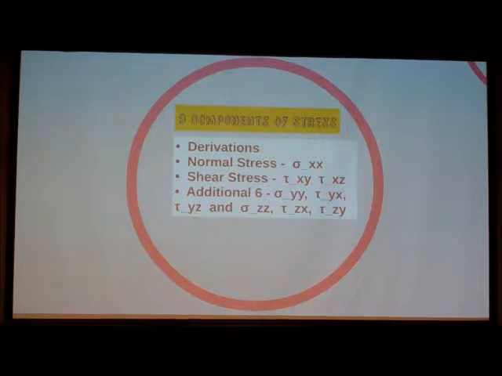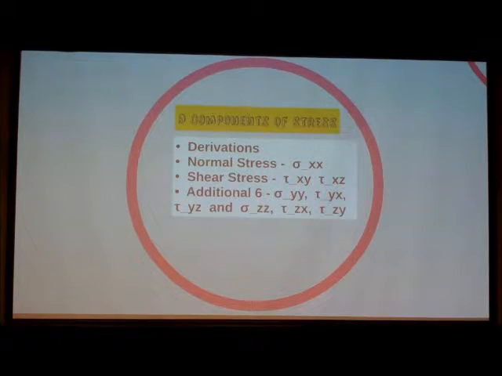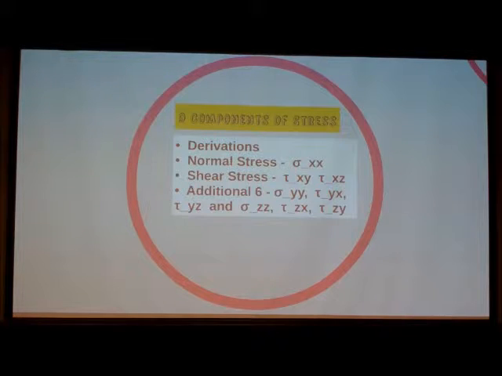have to derive them. So basically what we're going to do is break it down a little bit by looking at it with respect to different axes. So for example, if we're looking at the x-axis first, what we're going to do is take the limit of the ratio of internal force over elemental area as the elemental area goes to zero, and by doing that we drive it down and we find our normal stress in